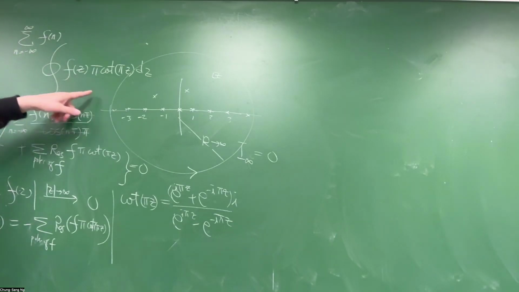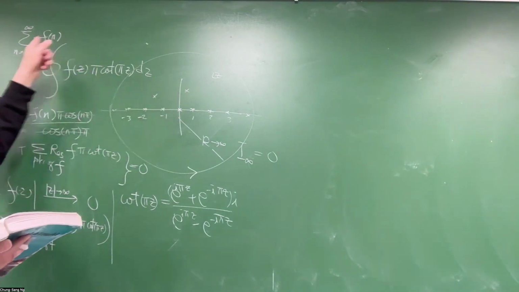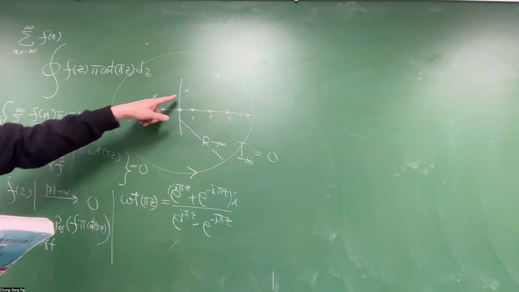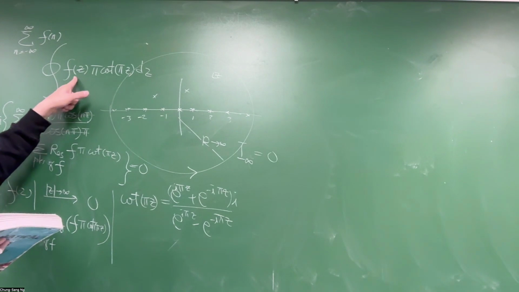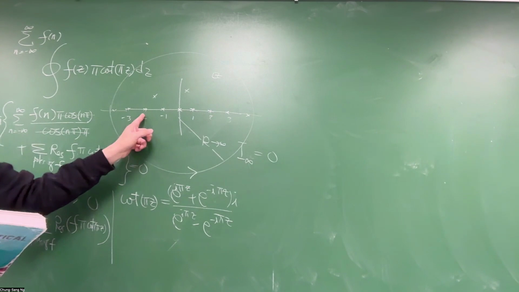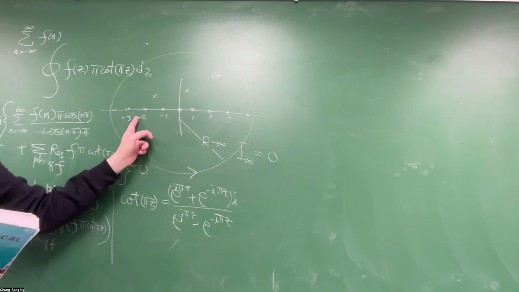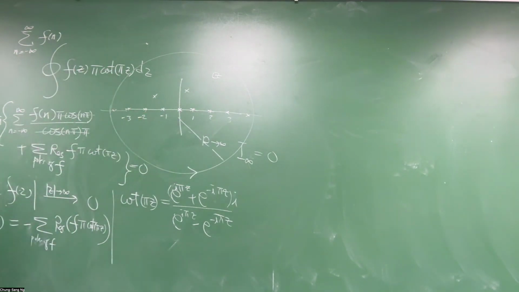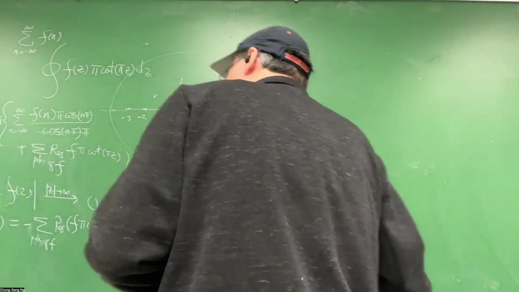The other complication is that when you write it in this form, some of the poles of f may be at the same location as the integer poles, and then you need to treat them separately. So those are the two complications. The two examples cover this. We'll go through them quickly because